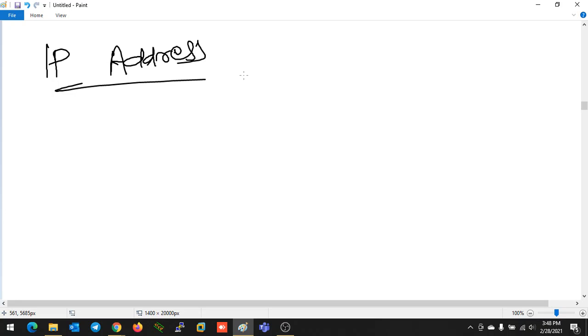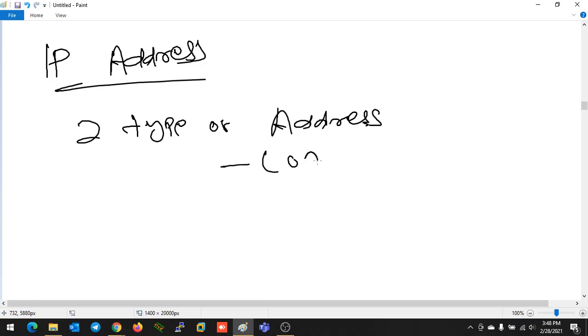So as I told you a few moments ago, an IP address is a logical address. We will discuss this right now. Two kinds of address are there: one is logical, another is physical.